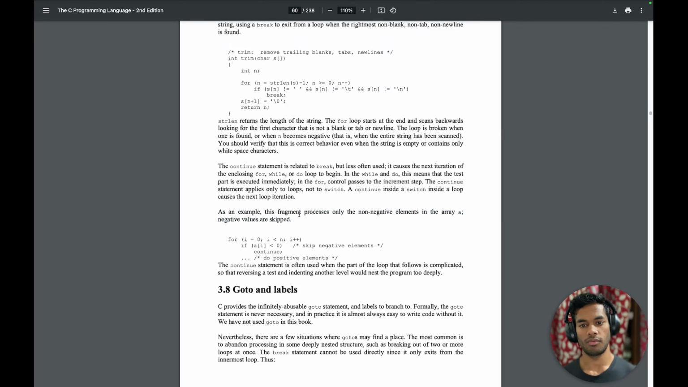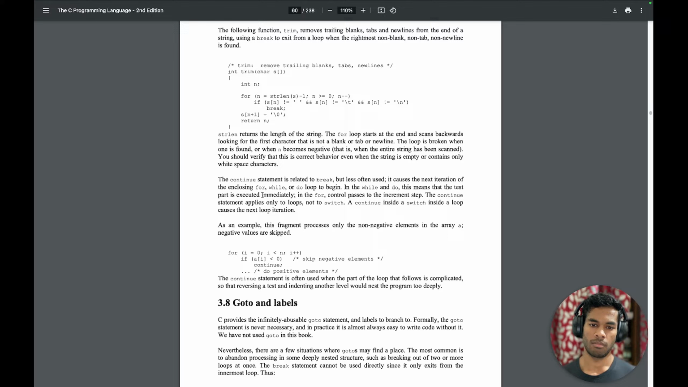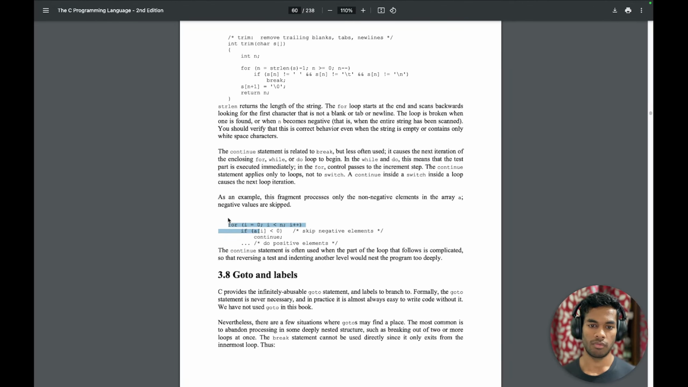This fragment processes only the non-negative elements in the array A. Negative values are skipped. for (i = 0; i < n; i++) { if (a[i] < 0) continue; ... }